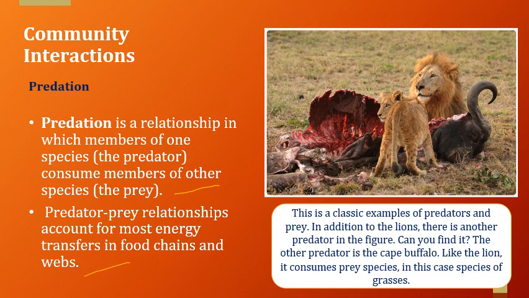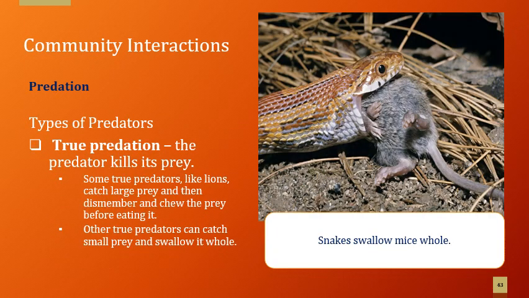Okay, so this is a classic example of predators and prey. So of course, kapag yung lion kinain yung halimbawa yung ibang animals such as yung cow or other species which is na prey niya, na pagkain niya, of course, it's a type of predation. And of course, we have here true predation. So when we have here true predation, it is a type of predator. Okay, true predation is when the predator kills the prey. Okay, so that is true predation.